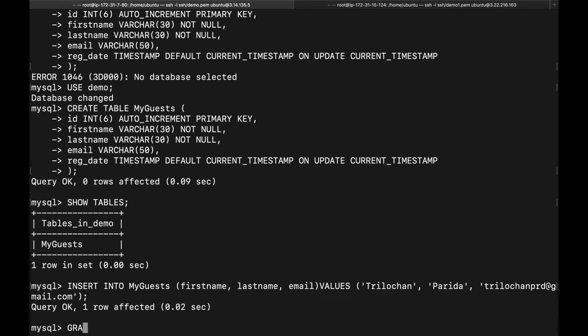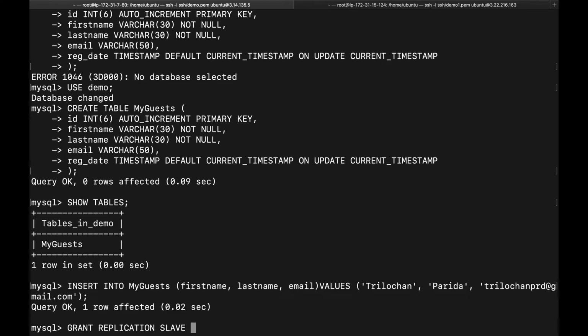Now we will grant the slave user access to this master. For this we have to create the grant access. The command will be grant replication slave, and we will give access to all the functionality, so insert, delete, everything.